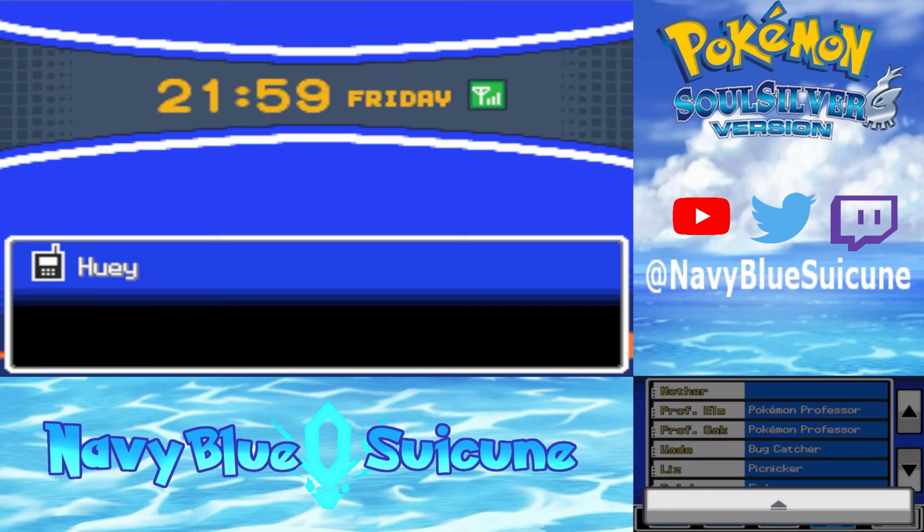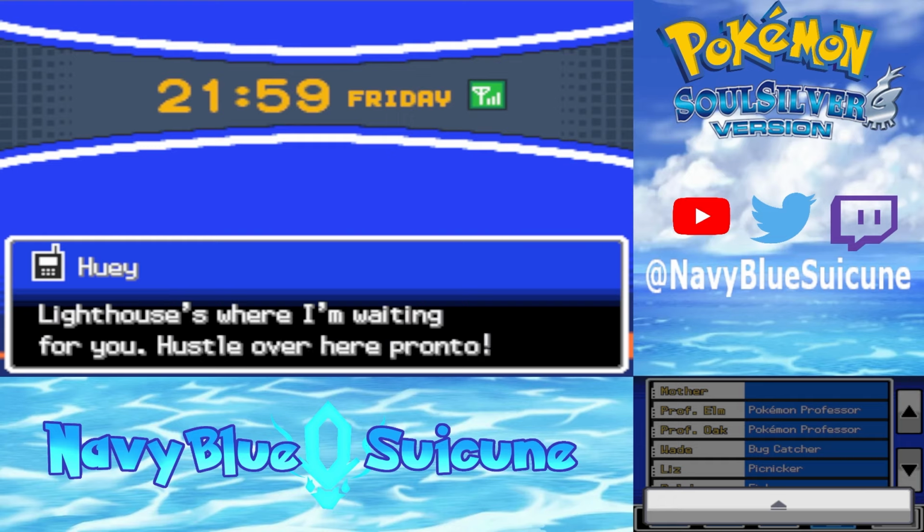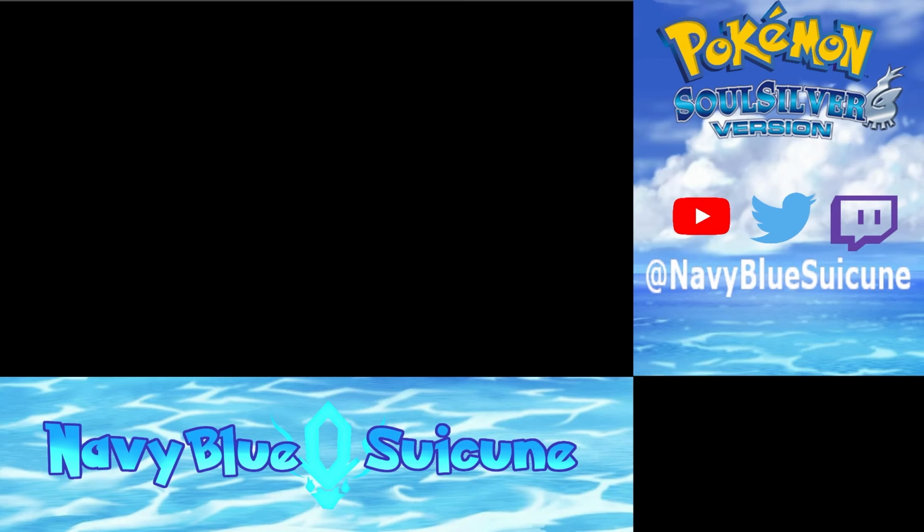Huey. What's up? This is Huey, how are you? Hey, I challenged you to a battle. It won't be like last time. Lighthouse. It's where I'm waiting for you. Hustle over here pronto. Okay, I have a couple of trainers I can rematch, but...